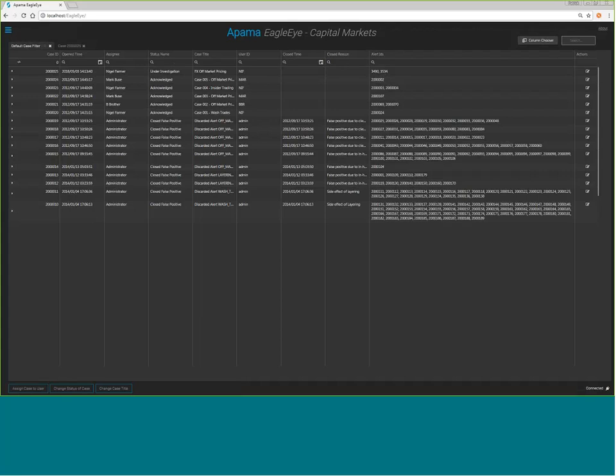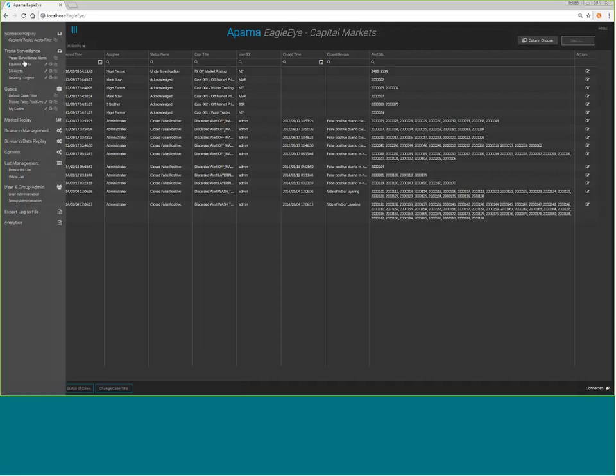But just as a brief overview there, we had a look at the alert inbox, so alerts that are raised and details associated with the alert and what was happening at the market at the time, what orders were received, what trades were received in order to generate that alert, and have a look at the associated data with a particular alert. And then we went through, added some alerts to a case and went through a typical case workflow,